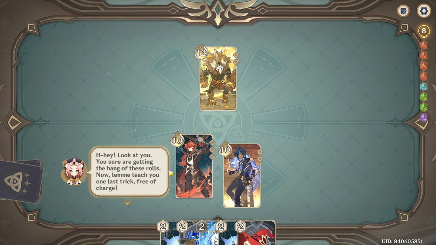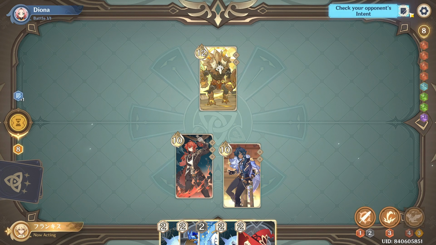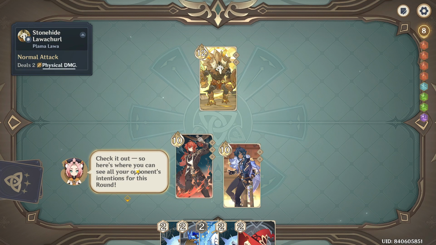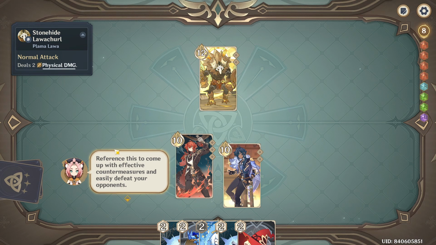Hey, look at you! You sure are getting the hang of these rolls. Now let me teach you one last trick, free of charge. You can preview your opponent's actions. That is to say, you can read their intent. Check it out. So here's where you can see all your opponent's intentions for this round. All your opponent's intended actions for the round will be listed here in order. Reference this to come up with effective countermeasures and easily defeat your...